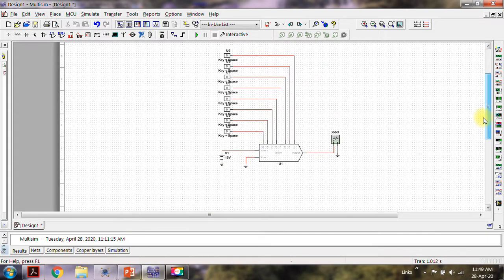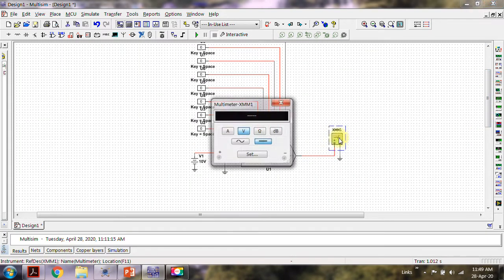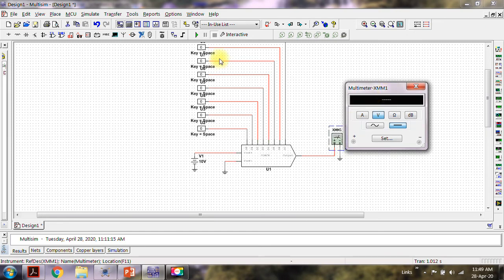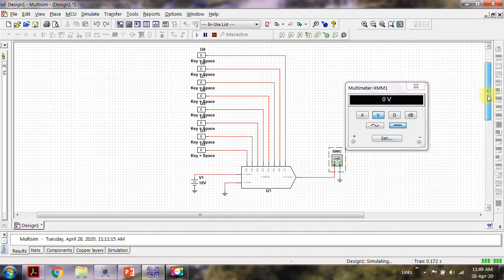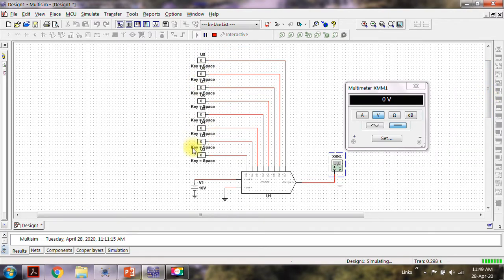Alright, now we are ready with the circuit. Let us simulate it. So we have 0 corresponding to all inputs as 0.